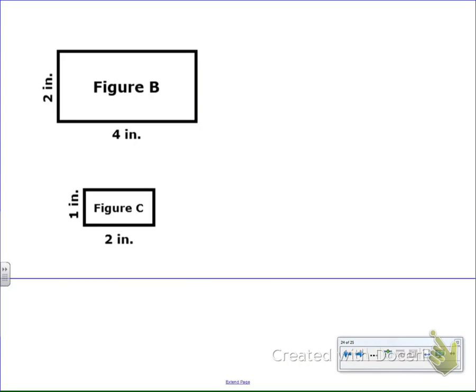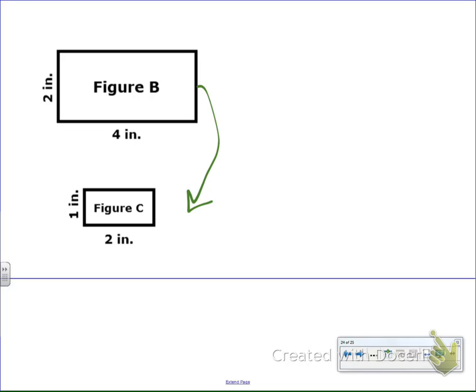Alright, so as we're working with our similar figures, we're going to see two types of things that really happen, and that's an enlargement and a reduction. So first off, we're going to look at a reduction, and that's where things are getting smaller. So here we're going to go from figure B to figure C, and we're going to see this reduction in